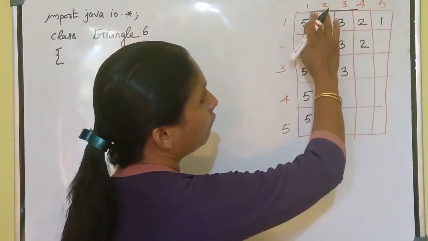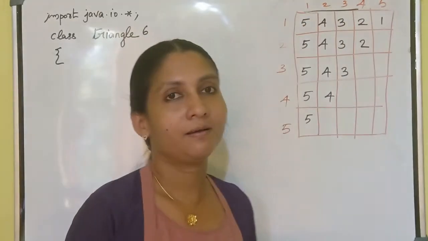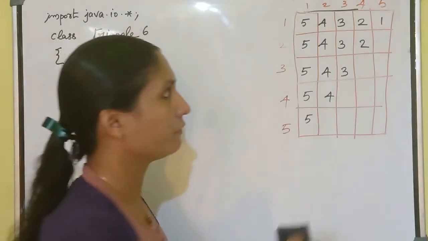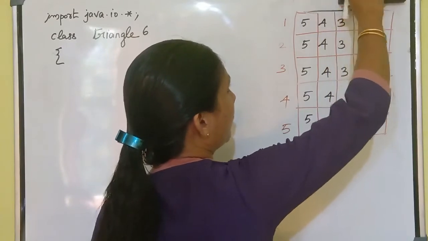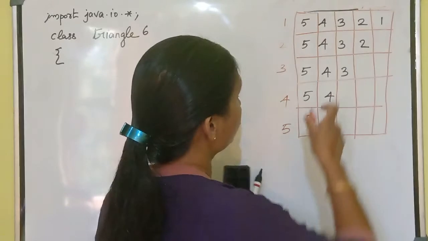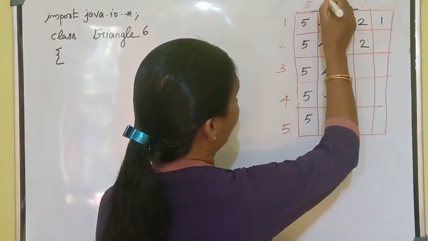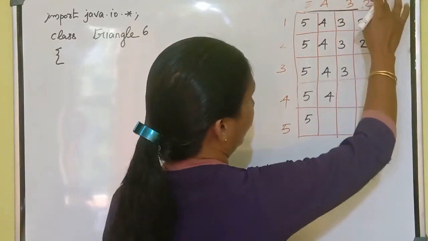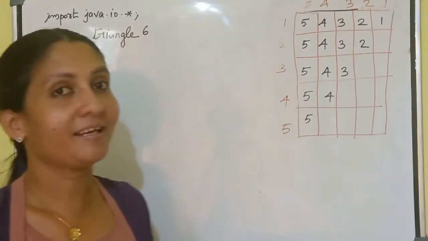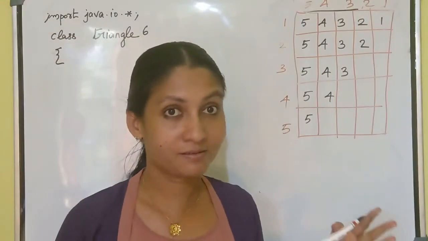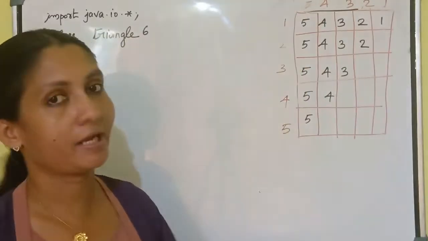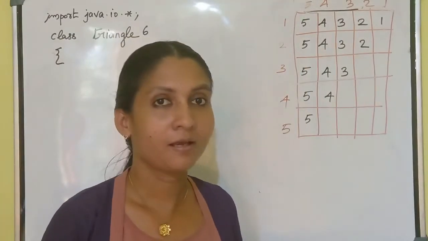If you start from 1, we cannot print the column number here. Okay, then what will we do? We can just write like this. We have 5 columns in the first row, but if you write the column numbers like this, 5, 4, 3, 2, 1, and if you start the column number from 5 and give the limit of that triangle, if you are writing a triangle program and using these values, you will get this pattern easily. Then I will show you.